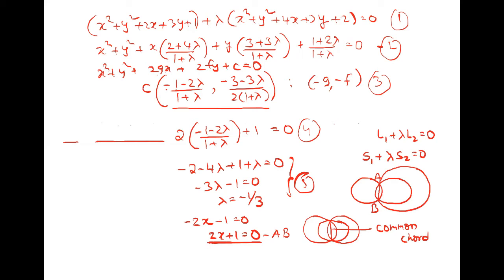Yes, I'm showing once again. This is one circle. This is another circle. This is the common chord AB. You have drawn a circle that passes through the intersection of these two circles, where AB is a diameter. AB is a diameter for this circle. Clear?